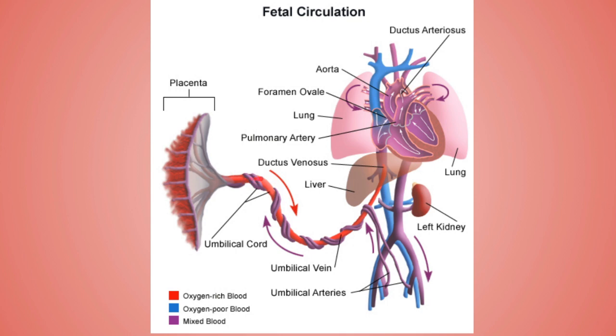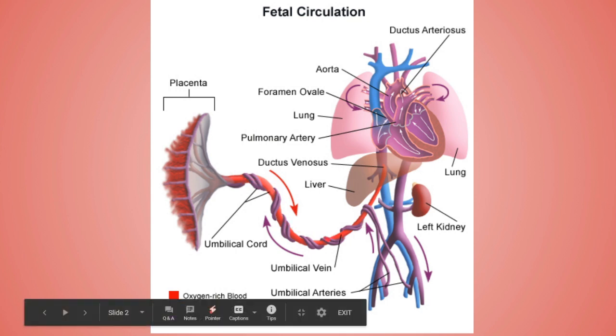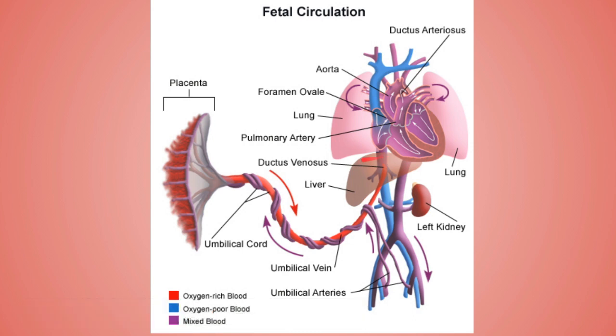So the umbilical vein is this red color, and this is the umbilical artery, the purple one. Over here in the liver we will meet one bypass vessel, that is the ductus venosus. Ahead we will go, we'll get the heart, and over here we'll have one more bypass vessel, that is the ductus arteriosus. Simple. Now let's discuss the full explanation of the fetal circulation.